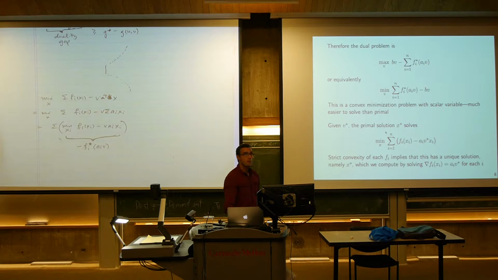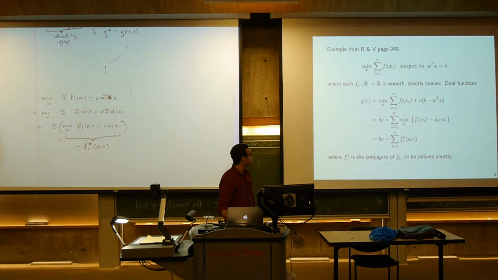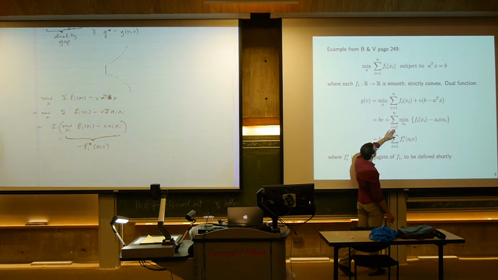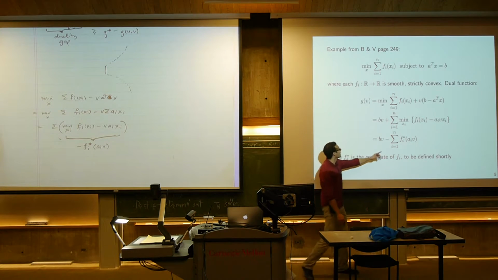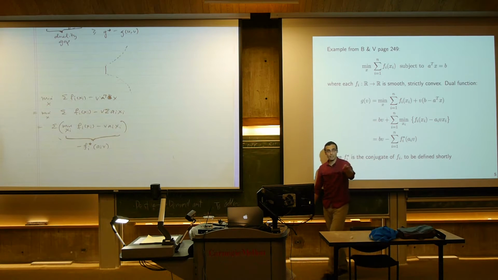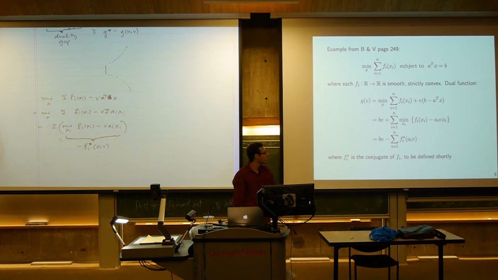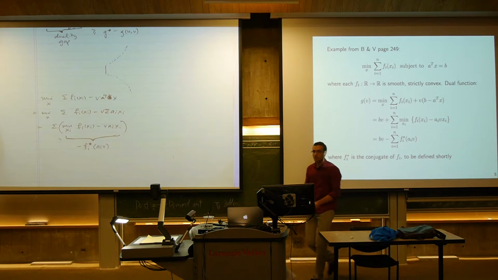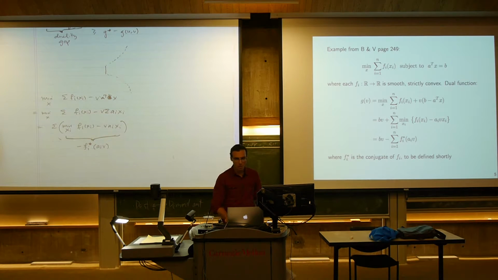We know that the primal solution must minimize the Lagrangian over all x at v star. So we go back to the Lagrangian, and we think about what it means to minimize the Lagrangian, this guy, over all x at v star, or let's say this guy, which is equivalent. This doesn't depend on x, so we're thinking about minimizing out over x. We actually have to just solve this problem for each i. That's going to characterize xi for us. So for each component of the primal solution, we ask ourselves, what value of xi minimizes this after I plug in v star? And because fi was smooth and strictly convex, I also used that as a simplifying assumption here,